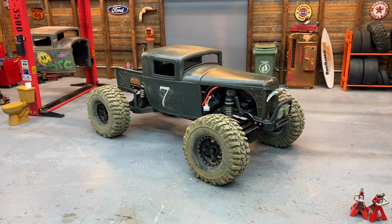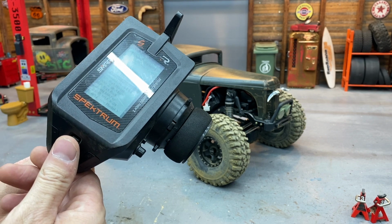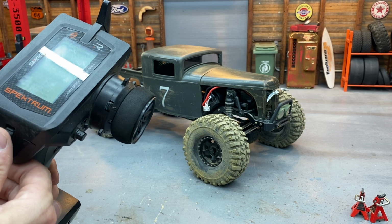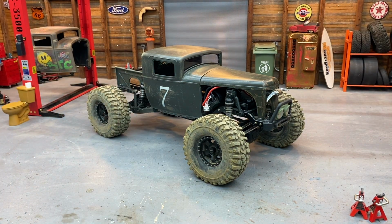So, a couple of issues. One, my radio, the clicky wheel is doing that. One click sometimes gets you 30. Trying to set the trims was a nightmare. It's shot. So, as soon as money allows, it's time to take that leap forward with the, oh, I forgot